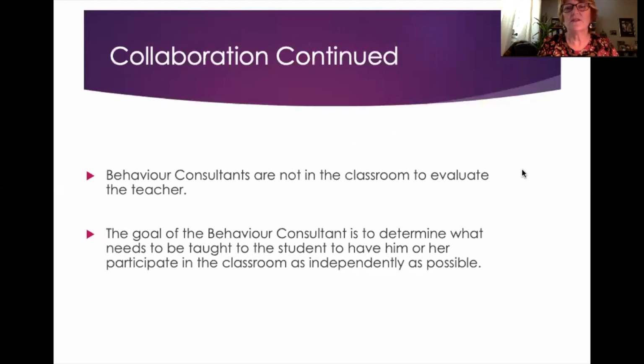Really important if you're having difficulty getting your consultant into the school, to stress to the school that the behavior consultants are not in the classroom to evaluate the teacher. They're there to figure out how to help the student be successful, how to help the student learn in the classroom, what areas does the student need to work on before he can join the other students. So yeah, good to point that out. I think now the school districts are getting much more on board with this, and as they're getting more experience with behavior consultants coming in, this is not so much of a battle anymore. But it might be for especially a school district where you've had a change in administration. The new administrator may not be aware of how important it is to have the consultant in there.